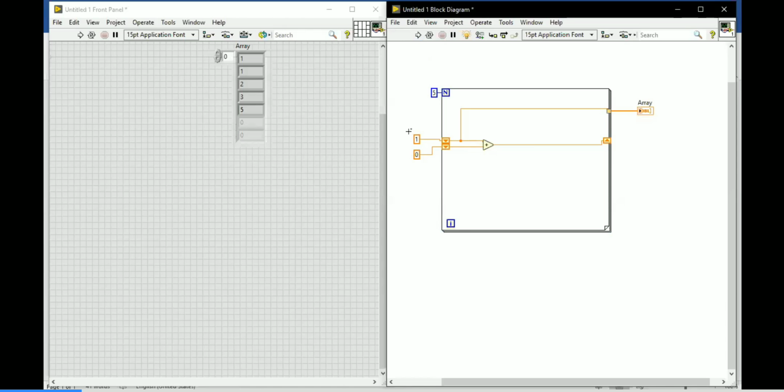But now I changed that based on the execution. I changed the initialization value, and now I'm getting the correct answer over there: 1, 1, 2, 3, 5. If you increase the loop count, the values will still keep increasing. So this is the logic behind the Fibonacci series. Understood now?